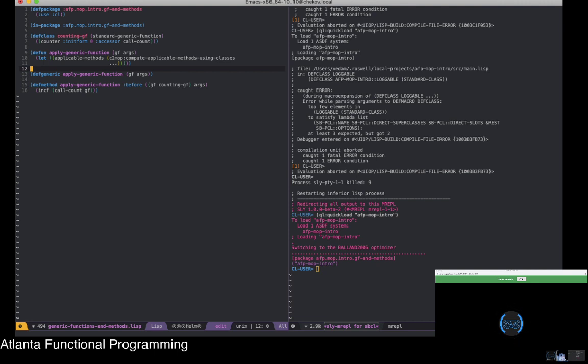But yeah, so the approach of actually applying a generic function to its methods is computing applicable methods using classes. And this introduced what we were talking about before we had these technical difficulties: the differences between what the authors call functional object-oriented protocols and procedural object-oriented protocols. Functional object-oriented protocols